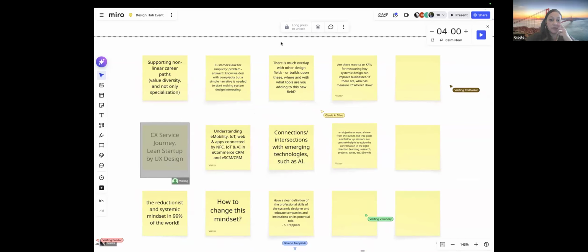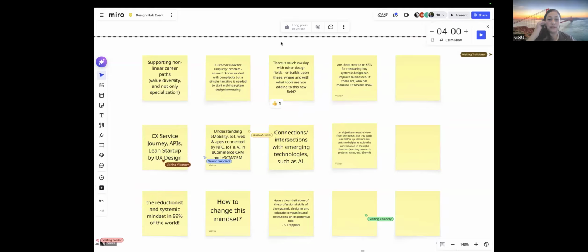So there is much overlap with other design fields or builds upon this. Where and with what tools are you adding to this new field? So guys, would anyone like to share on your sticky notes?